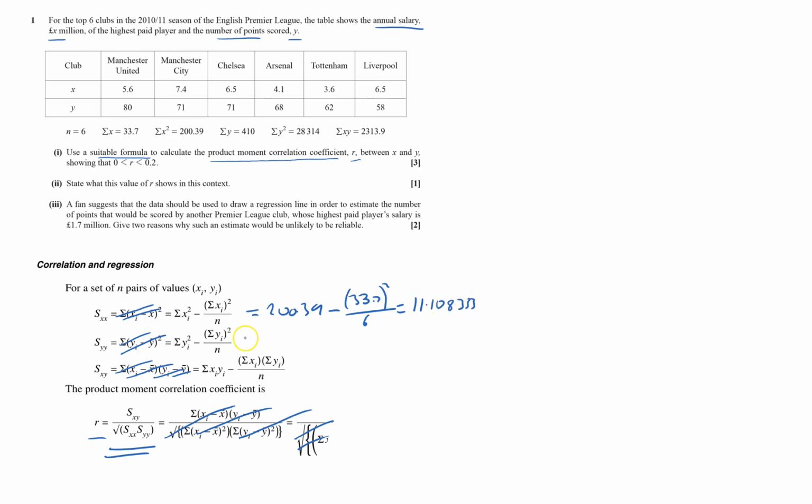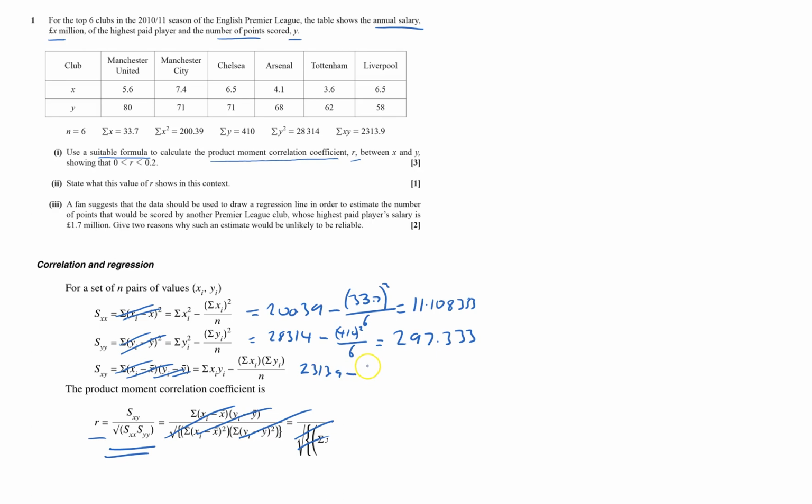The next one, SYY, sum of y squared, which is 28314, minus sigma y, 410, squared all over still 6, and that equals 297.333. And then SXY is sigma xy, which is the last one, 2313.9,